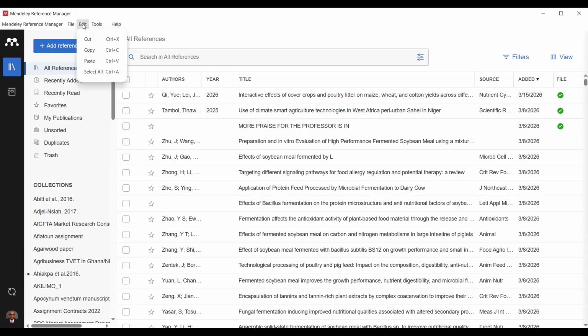And then we have the edit. Okay, the edit helps you to use the cut, copy, paste, and select all functions that we use in the word processor, in Mendeley. And then we have the tool. The tool actually helps you to do four things. One is it helps you to install the Mendeley Web Importer. The Mendeley Web Importer